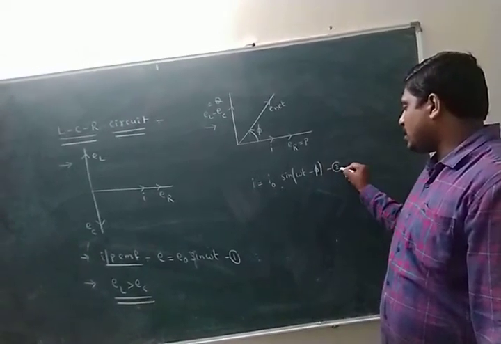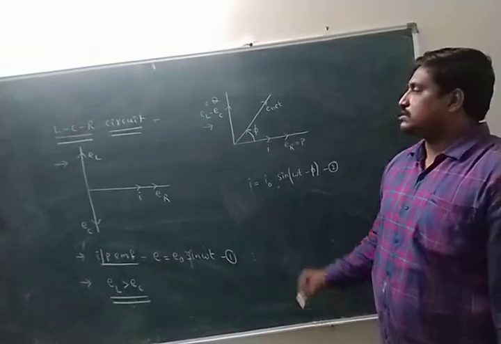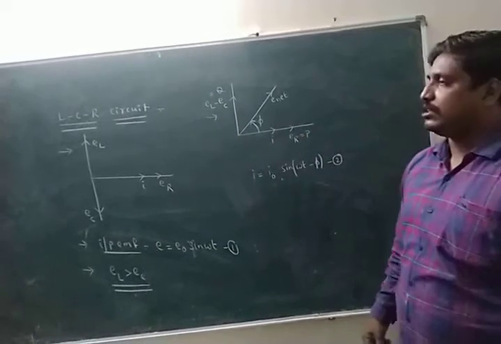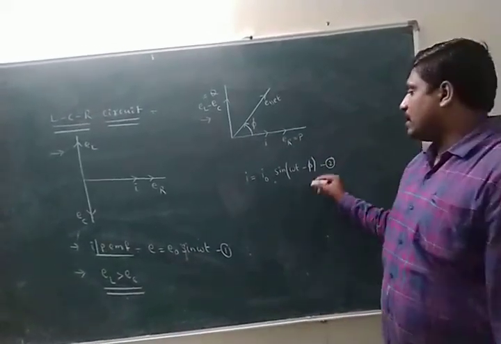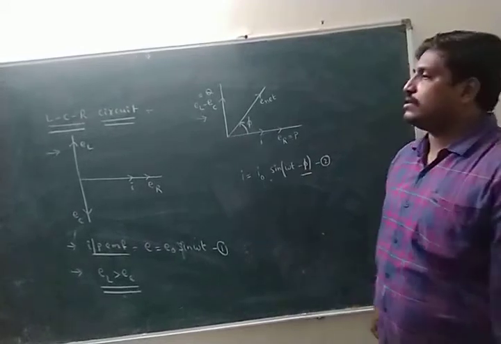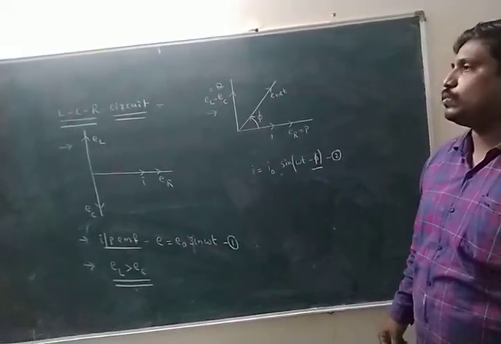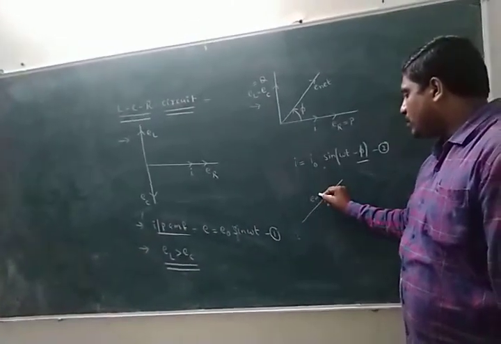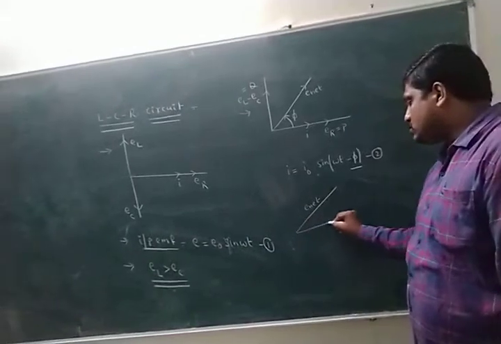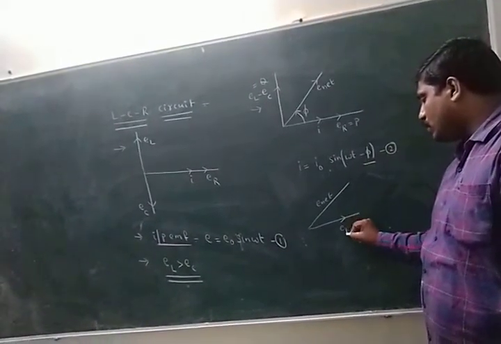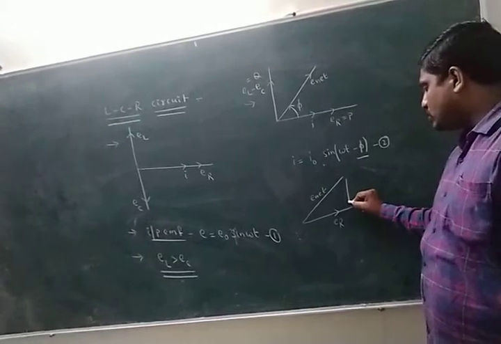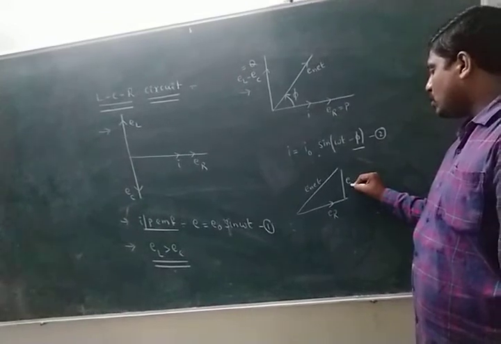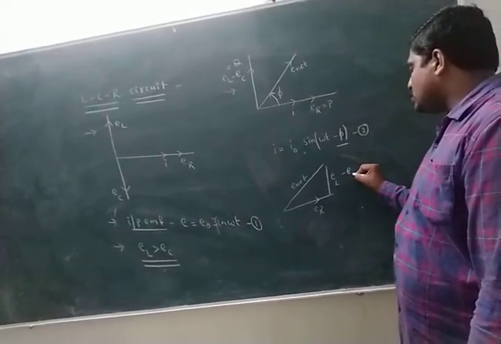Here, why do we write minus phi? Because here EMF is ahead compared to current. That's why current is lagging. What angle lag? Phi. This is equation number 2. Okay. Look here. This is called E net according to the above diagram. This is called ER. This is called, in physics, parallel is the same. This is called EL minus EC.